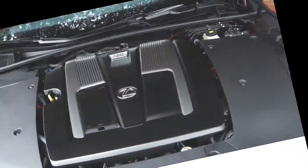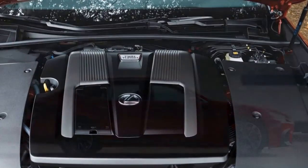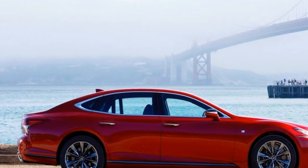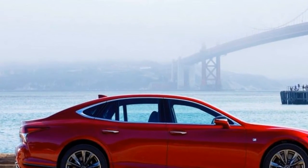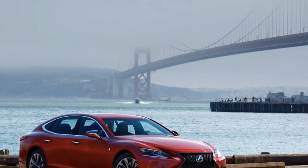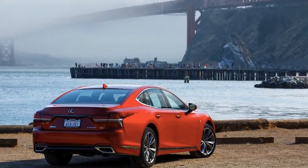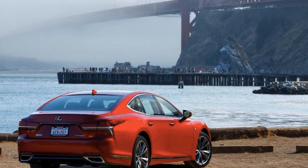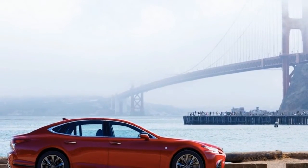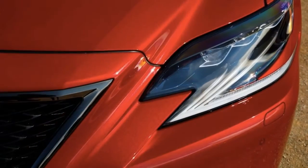Lexus has a brand new 3.5-liter twin-turbocharged V6 paired with a 10-speed automatic transmission, a first for a premium passenger car. It produces 416 horsepower and 442 pound-feet of torque, up from 386 horsepower and 367 pound-feet from the outgoing naturally aspirated 4.6-liter V8. Lexus engineers are extremely proud of the fuel efficiency of the new engine, which required some